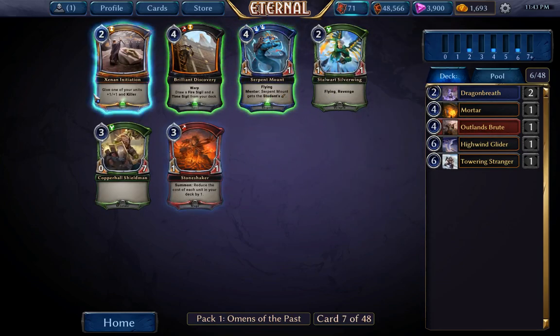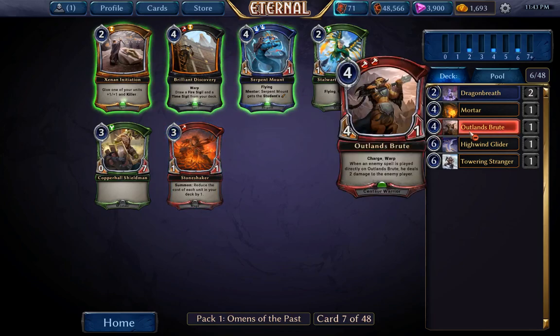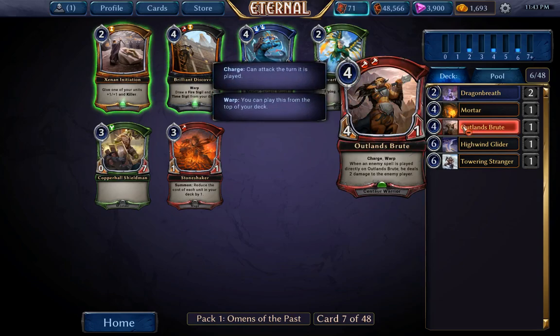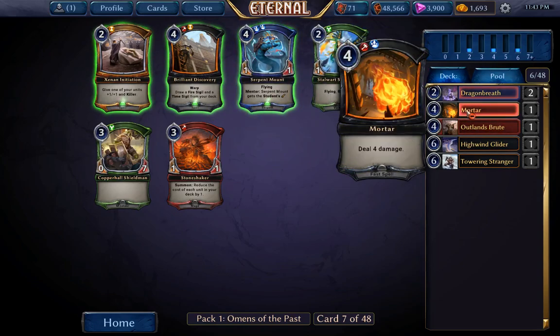Serpent Mount is great. Wow, Zenith Initiation is great. So time seems open. There's no way this card comes this late if time's not open. So we know for a fact that blue is open and time is open. This may not be an indicator that green is open, and this may not be an indicator that red is open. But I think it is likely that red is open as well, because we did get a... Well, that's not true. Outland Brute, I don't think people value quite properly. But the problem is we do have a lot of...